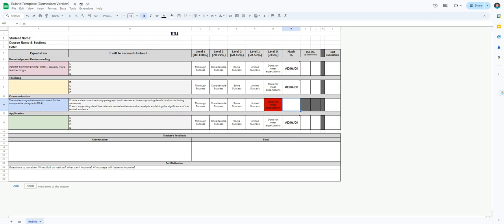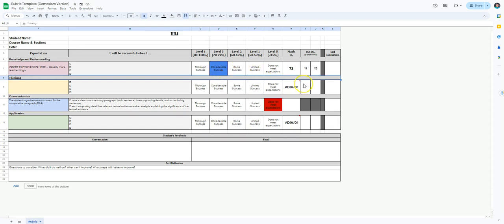Let's say you have a multiple choice test with a total of 15 questions. Before assigning this in Google Classroom, you would enter the denominator of 15 into this cell. Now, the student received 11 questions correct on the test. So you would simply type in 11 into this cell, your percentage would be calculated, and the corresponding cell would